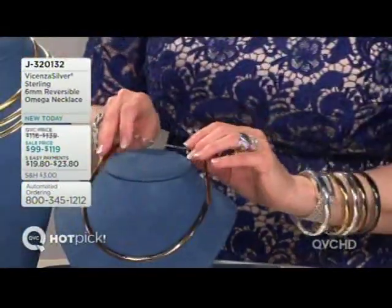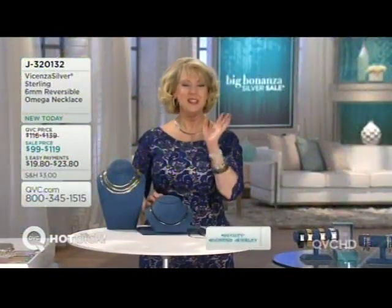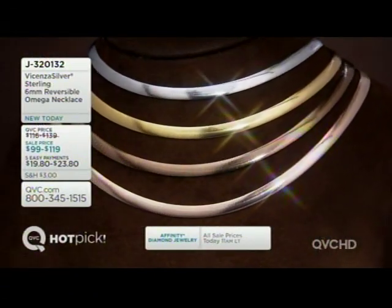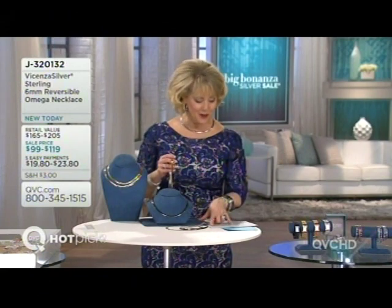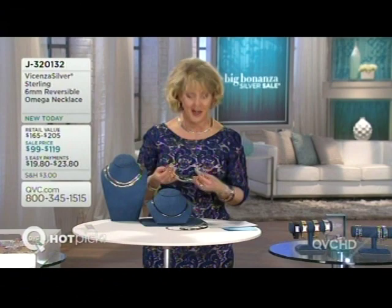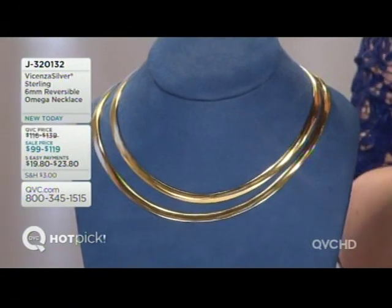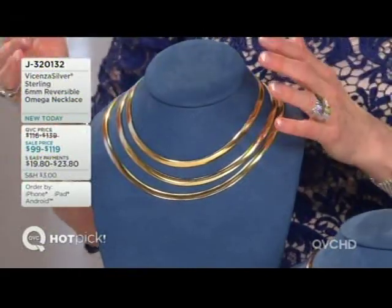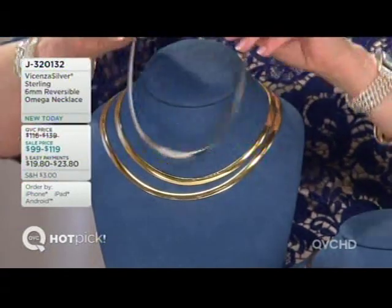And so you get not only a choice of your color, you're getting two looks for one price, right? You can get the chocolate with silver, the black with silver, the rose with silver, or the yellow with silver, and you get a choice of lengths. In fact, if you go with the 16-inch length, that is only $99. If you go with the 18-inch length, it's $109. If you go with the 20-inch length, it's $119. And any way you look at it, in your monthly payments, you are going to pay about $20 to $24 a month to own an Omega that looks like this, but can also, watch this,